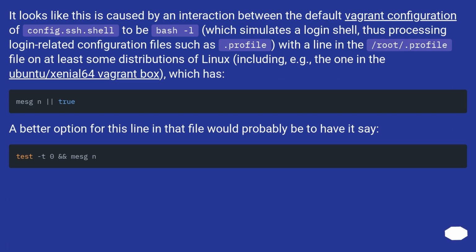It looks like this is caused by an interaction between the default Vagrant configuration of config.ssh.shell to be bash -l, which simulates a login shell, thus processing login-related configuration files such as .profile, with a line in the /root/.profile file on at least some distributions of Linux, including, for example, the one in the ubuntu/xenial64 Vagrant box, which has. A better option for this line in that file would probably be to have it say